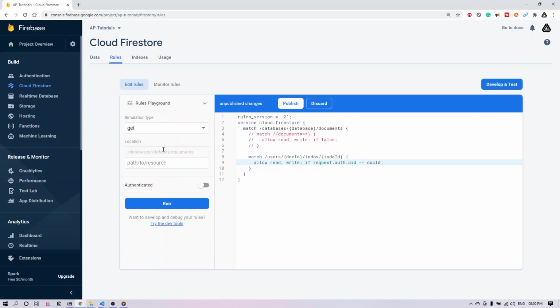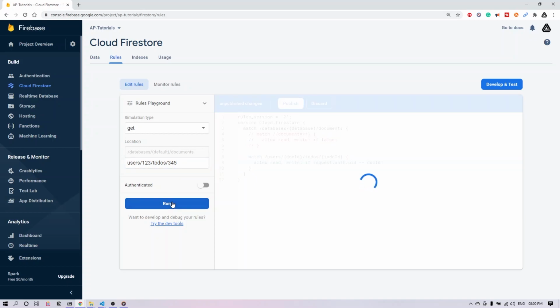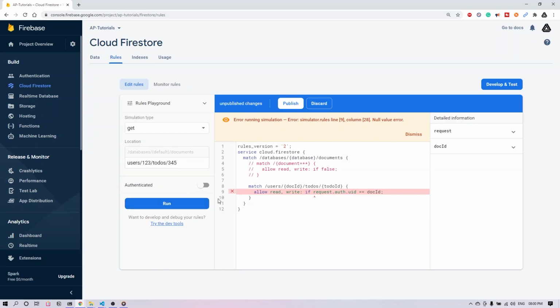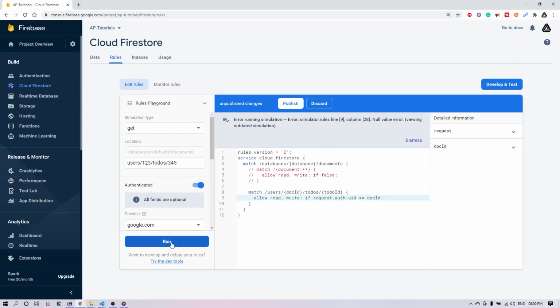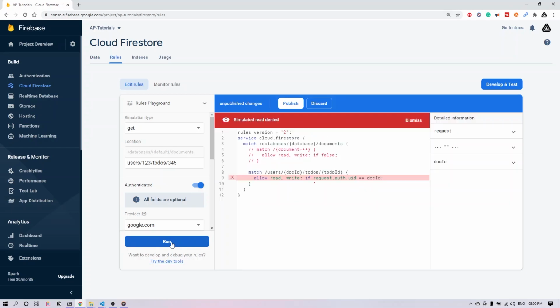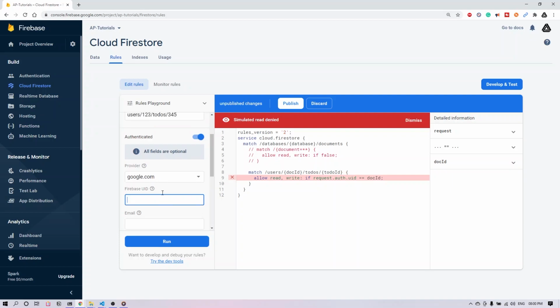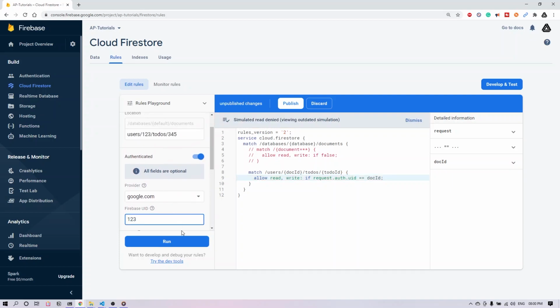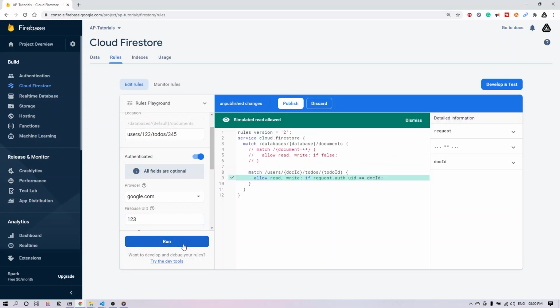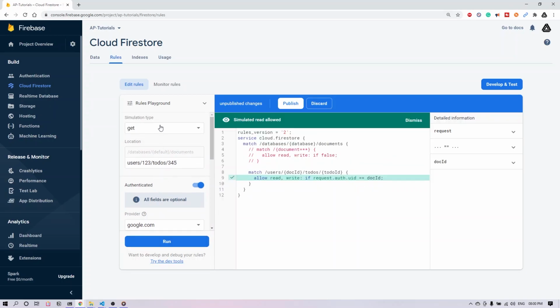So with that done, now let's test our rules. We will type the location: users 123 will be the document ID, to-dos will be the sub collection, and 345 will be the to-dos ID. If I run it, it will show an error because I'm not authenticated. Even if I'm authenticated, it will show an error until and unless I provide the right user ID, and it should be same as the document ID. As you can see, now the test passes